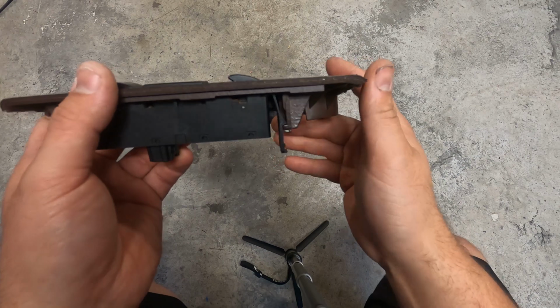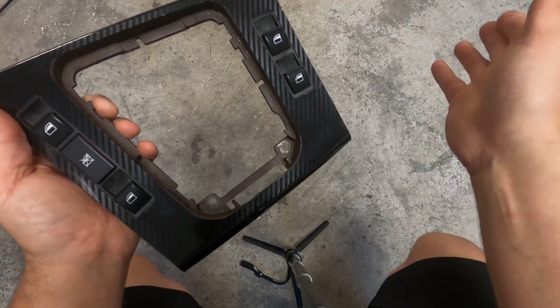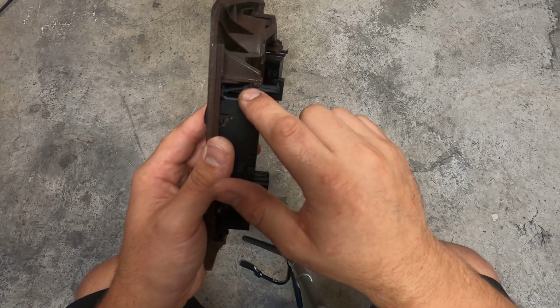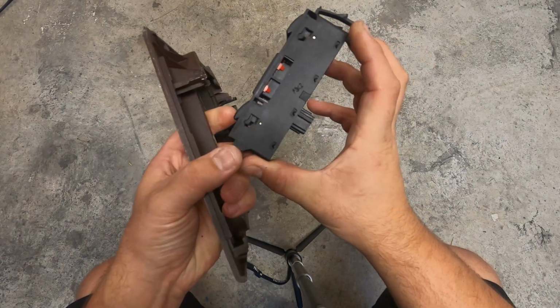And then one more thing I wanted to show you guys, if you are replacing your trim like I am, you're gonna have to take your window switches out and swap them over to your new trim. They're actually really easy to take out. On the back side of them, they have these little tabs here. You can see that they lock in here. You're gonna just pinch those tabs in and then pivot the switch out,